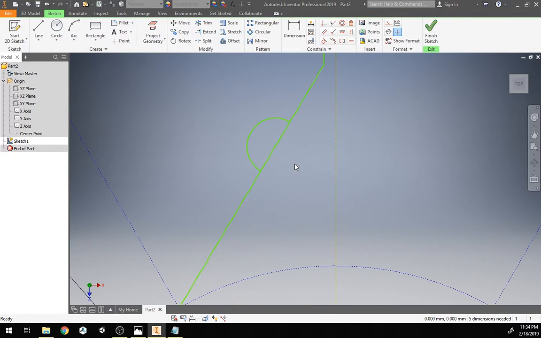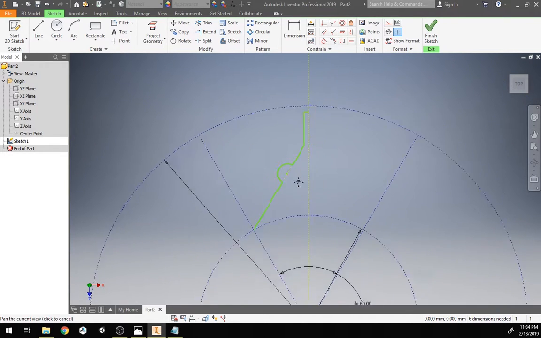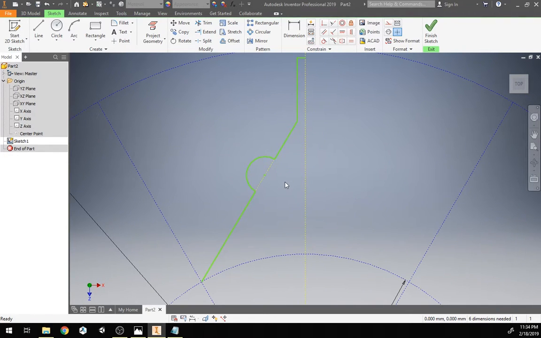And one immediate thing I want to do is, this is going to create problems right here, having this line and that right there. So I'm going to split the line in the modify tool set, and split the line here and here. And then what we can do is we can select this part of the line and make it a construction line. I don't generally like to delete it because sometimes that can mess up certain constraints and measurements and things. Okay,